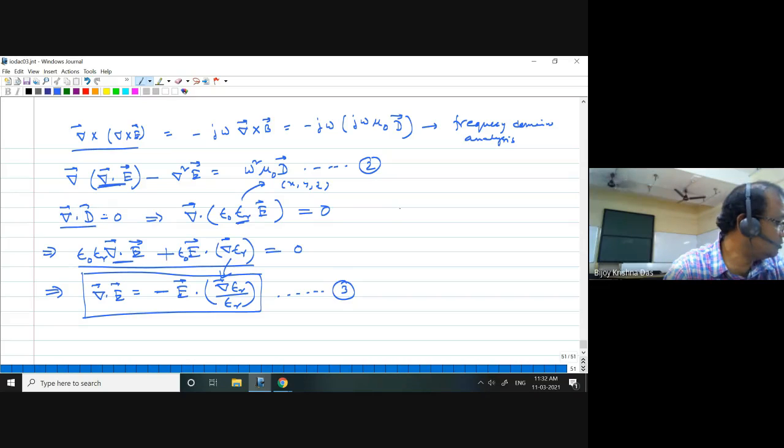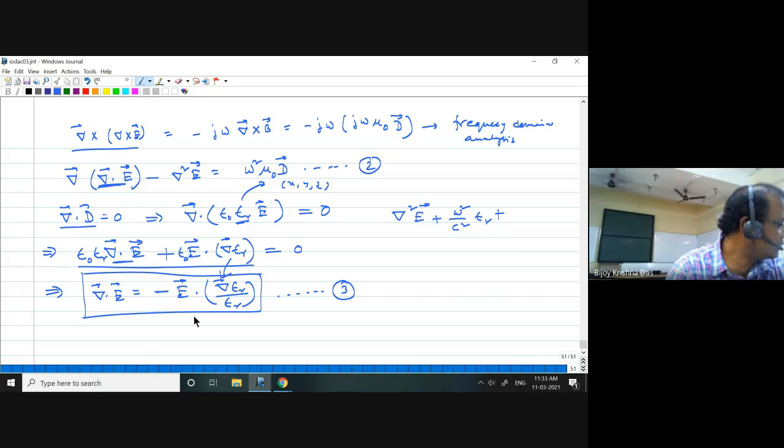With a little modification, I can write del square E, right, plus omega square by c square epsilon r, plus del is there, right? So if you are just substituting this one,